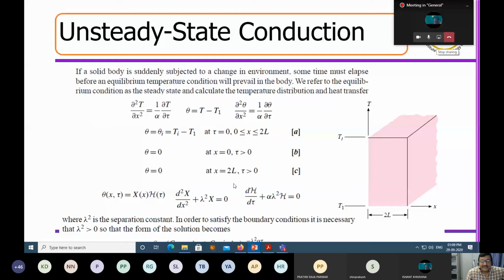Apart from the boundary conditions that we enforce for a problem associated with space-time variables, this is a variable associated with space, and this is the variable associated with time. So theta is right now a function of space and time. The profile that I am going to obtain is called the spatio-temporal profile. Space, time, spatio-temporal.